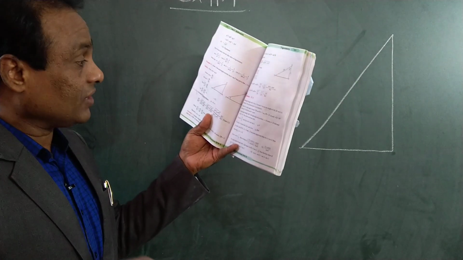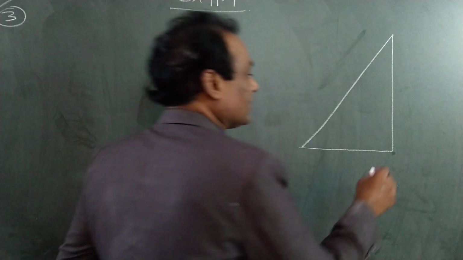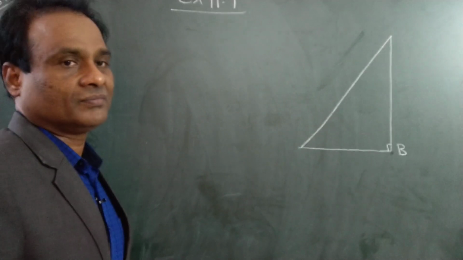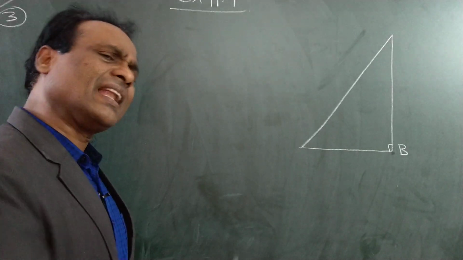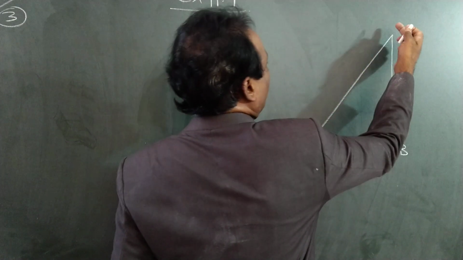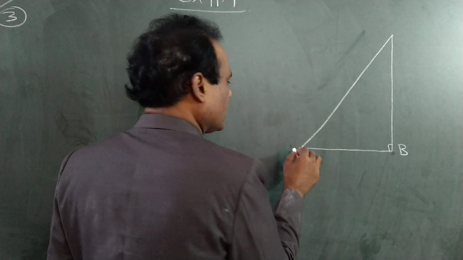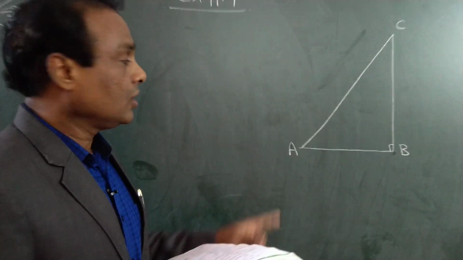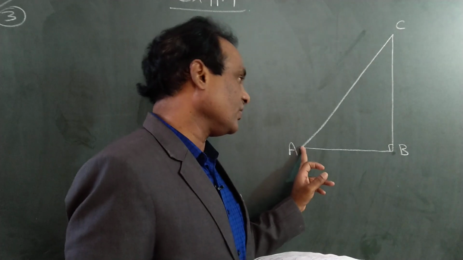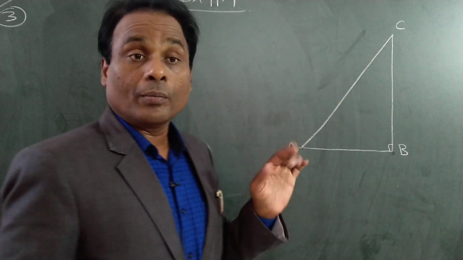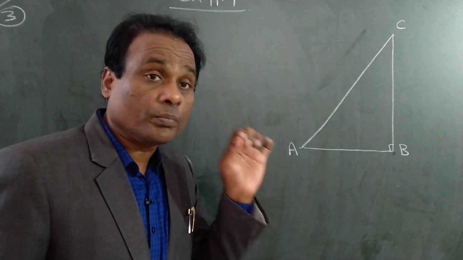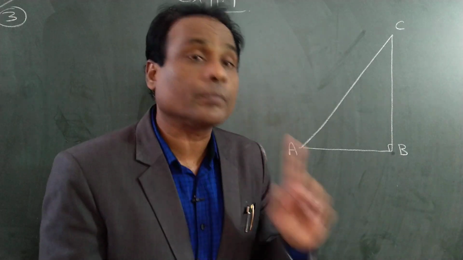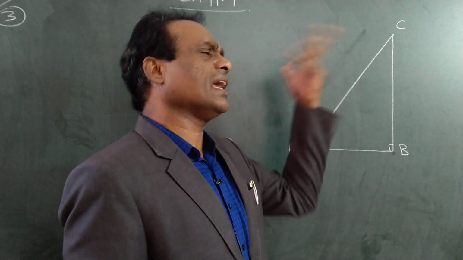So in triangle ABC with right angle at B, B is the right angle. Then what is A, what is C? You can take it anywhere. This is A, this is C, or this is A, this is C. Any order you can take. I am taking this as A, this as C. In a triangle ABC, we have to name the vertices: one vertex is A, one is B, one is C. But in case of a right angle triangle, we have to be careful. Which angle is 90 degrees? That will be given in the question. So right angle at B, so B should be 90 degrees. The remaining you can take any way.